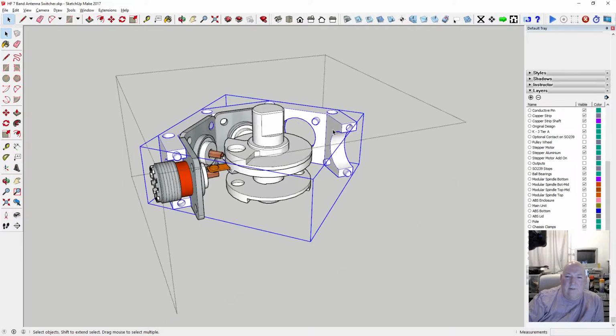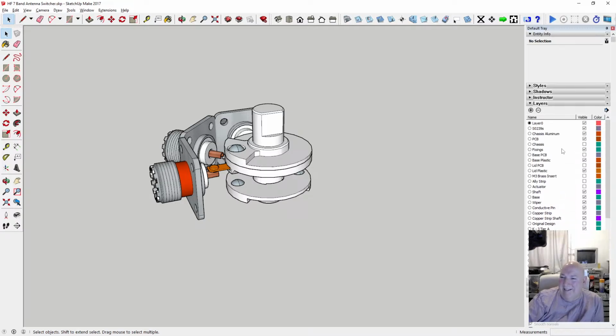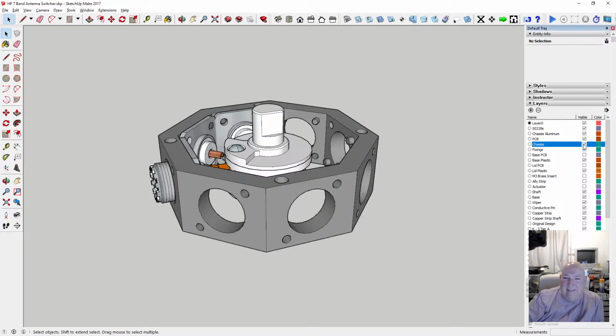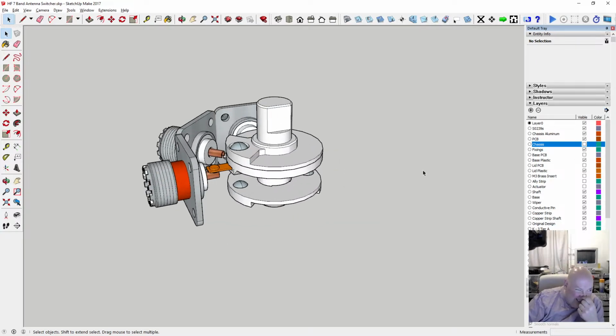That's a chassis half as well. So where's my chassis? I don't get it. That's the old one. I've got too many chassis here.